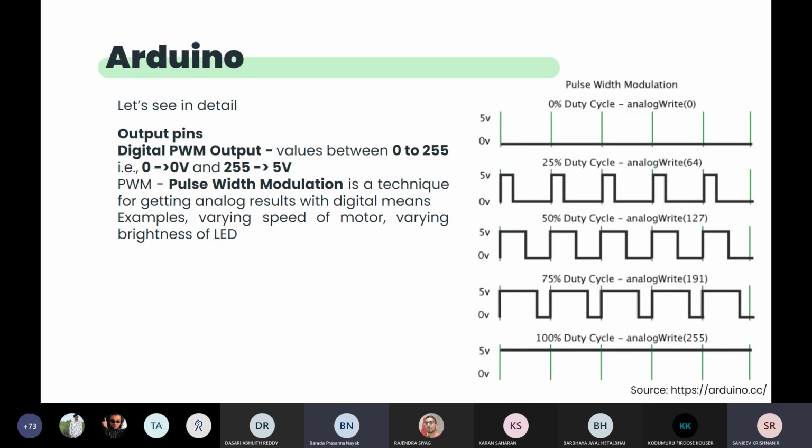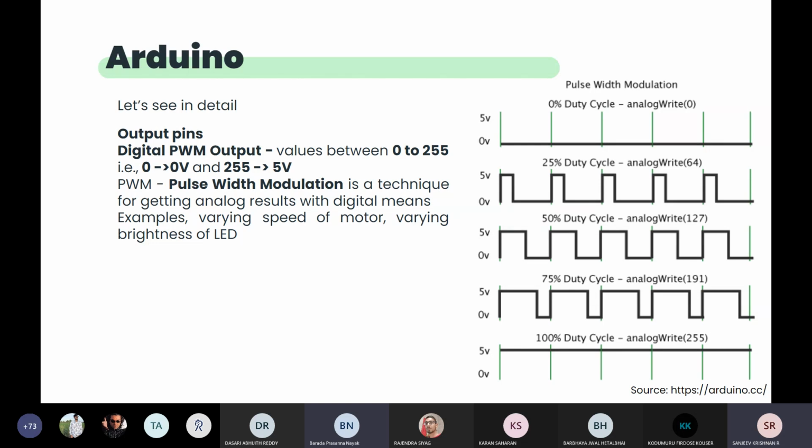Previously in digital output we had just two outputs, 0 voltage and 5 voltage. Here we are having multiple, in fact 256 possible output values starting from 0 to 255. Number 255 means 5 volt, number 0 means 0 volt.